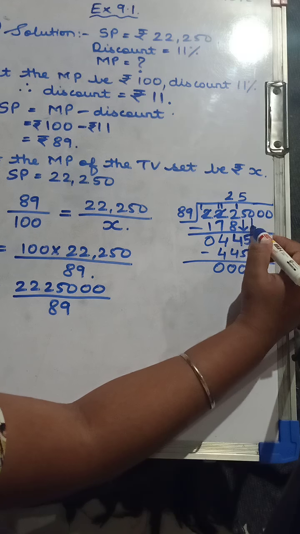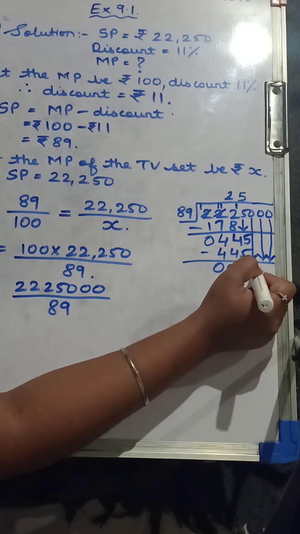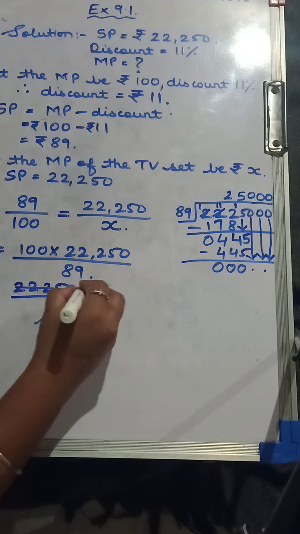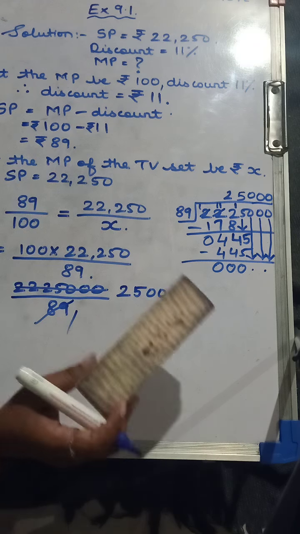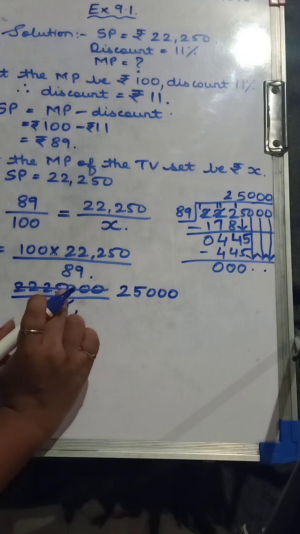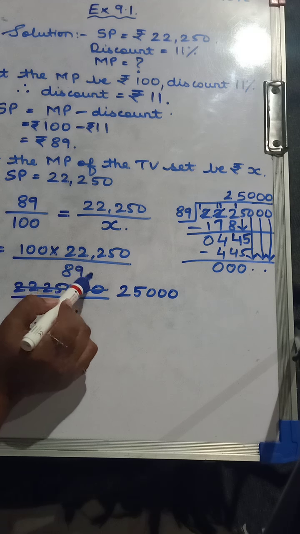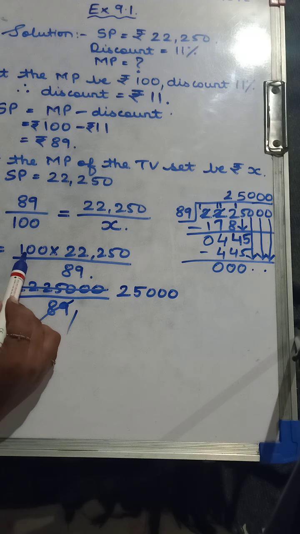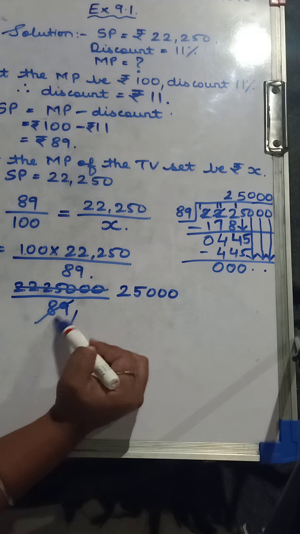How many more zeros are left? This 0 comes down. 1, 2 and 3. So 3 zeros come down. So we are going to put 3 zeros up. So 89 1s and 89, that is 25,000. Otherwise, instead of directly multiplying this, even here we could have cancelled 89 1s and 89 25s, that is 250s, and then 250 multiplied by 100. That is also one way of solving, or directly multiply and get the answer here and then divide it.